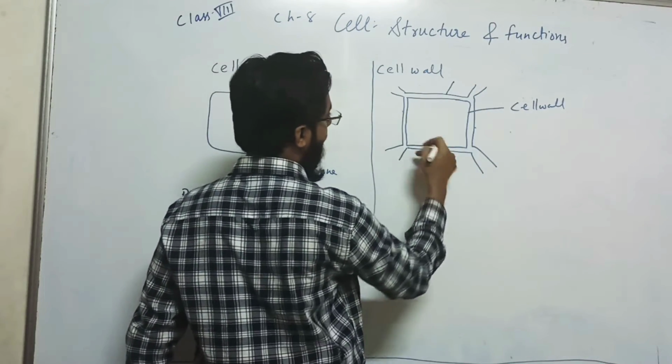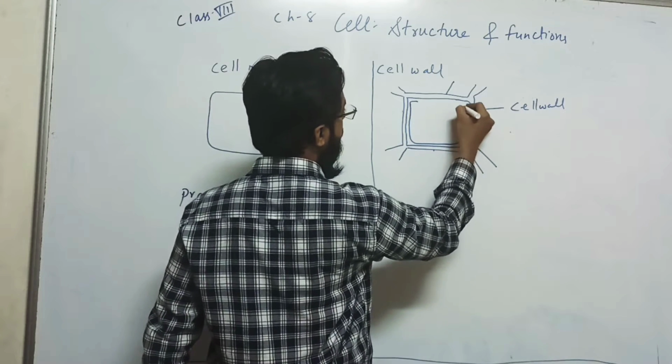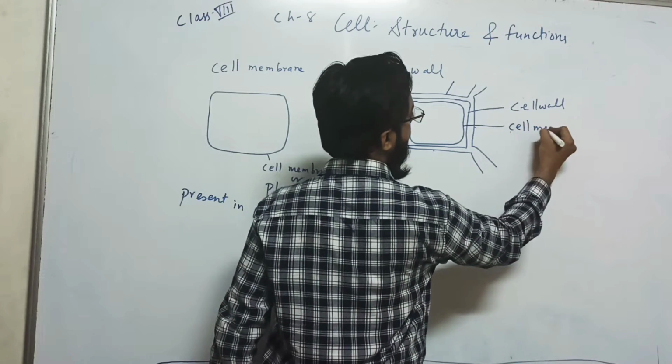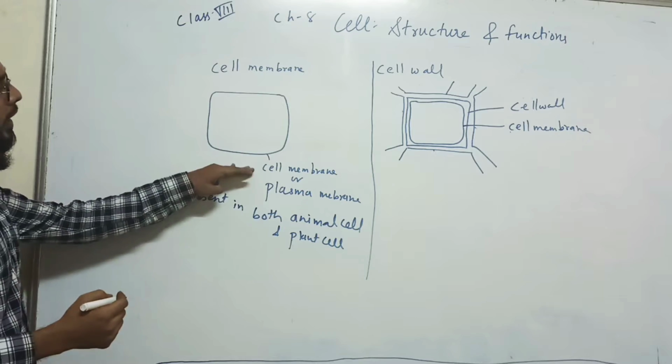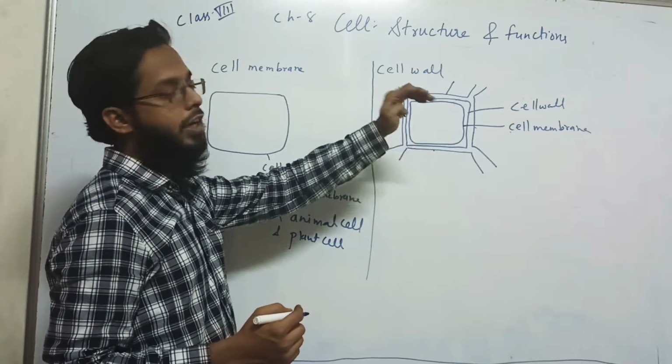So this is the cell wall. Then comes the cell membrane of plant cell. Then second layer is cell membrane. So outermost layer in case of animal cell is the cell membrane, and in case of plant cell